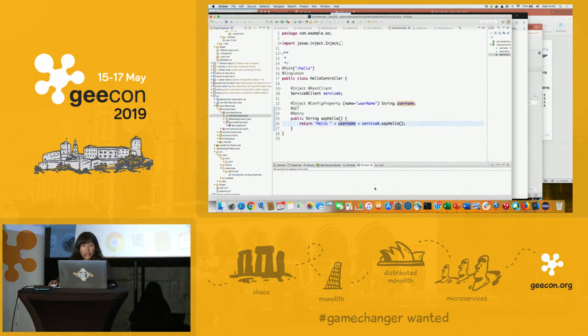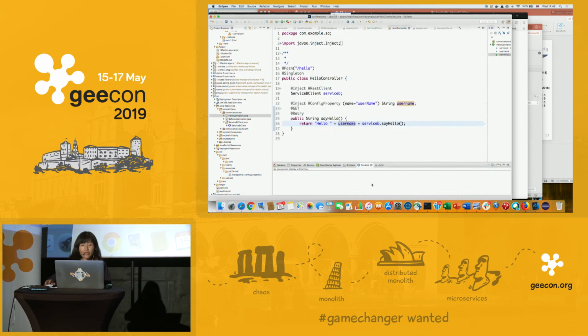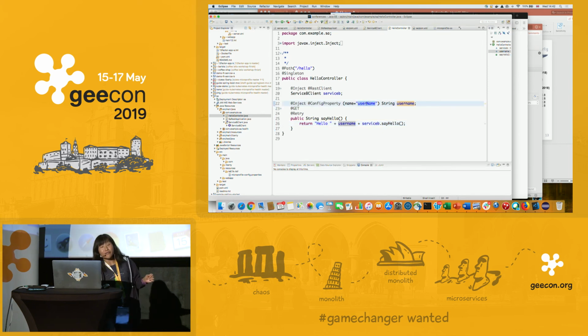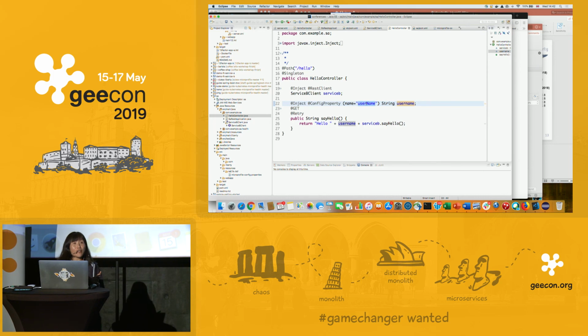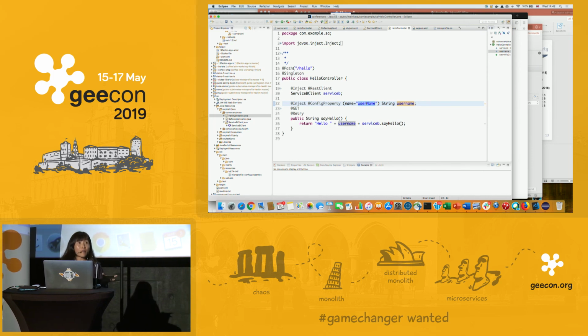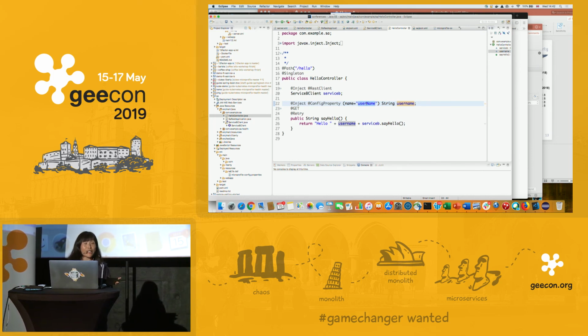So you can use the config to directly inject this. And for this, you will say, okay, this is defined inside the application. However, you can overwrite it, either in Kubernetes by setting an environment variable, or by using a config map